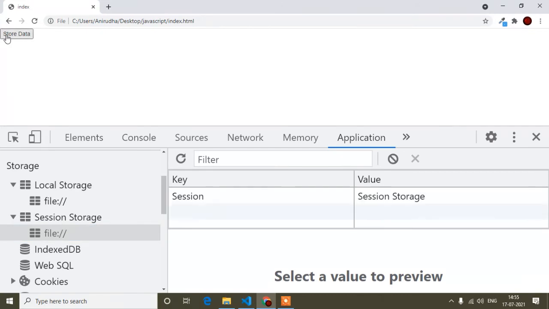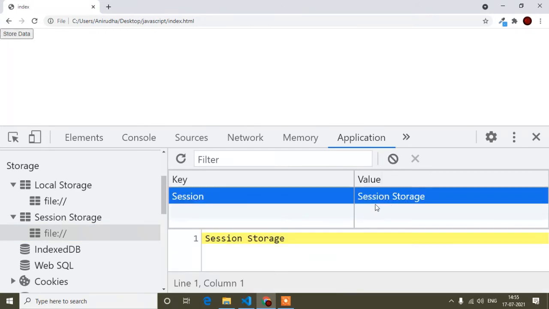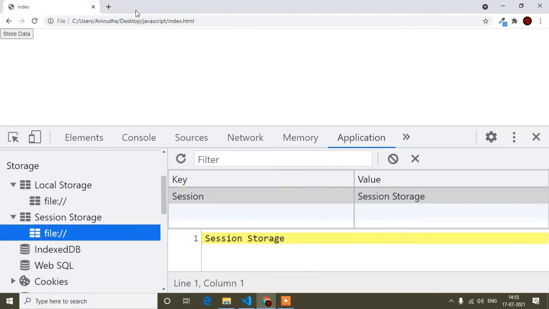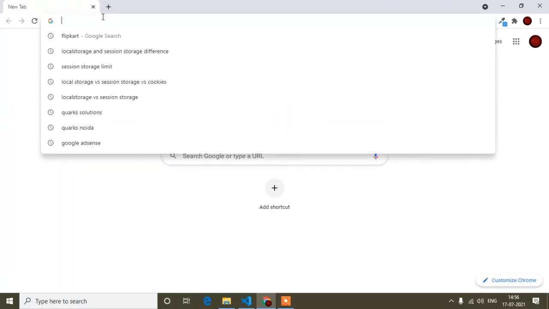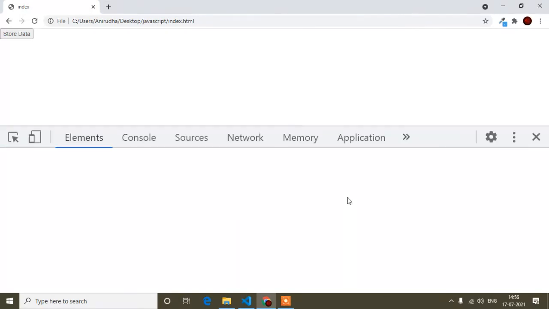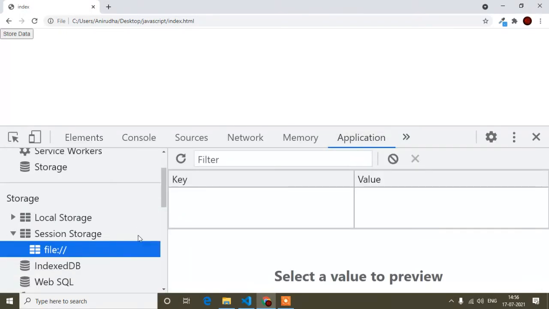Again if I click this button, you can see the session storage value is stored again, and local storage is already stored, so it is the same. But again if I close this tab, the session will be removed also. If I reopen it, you will find the session storage data is removed, but local storage data is not.